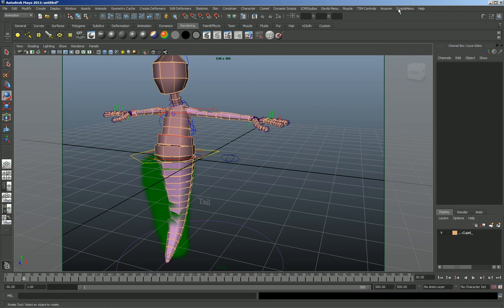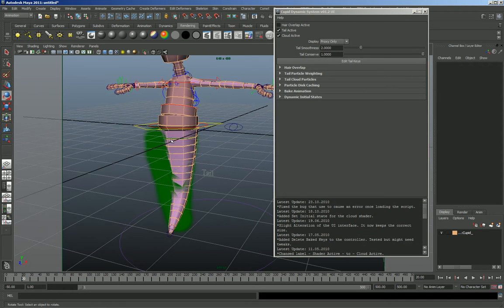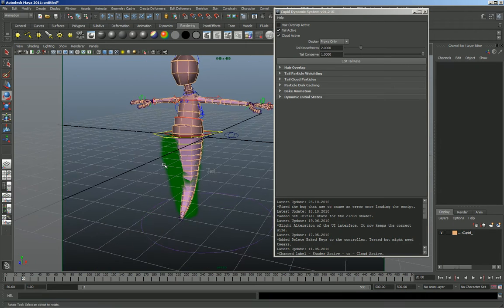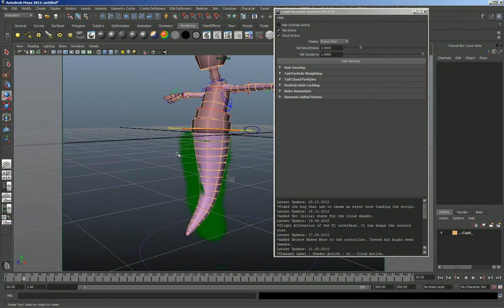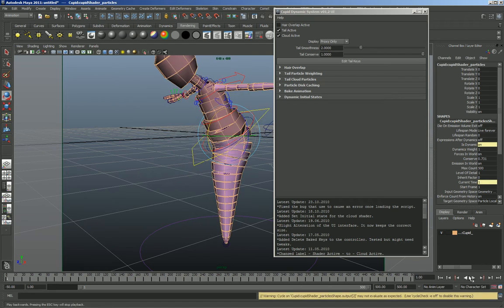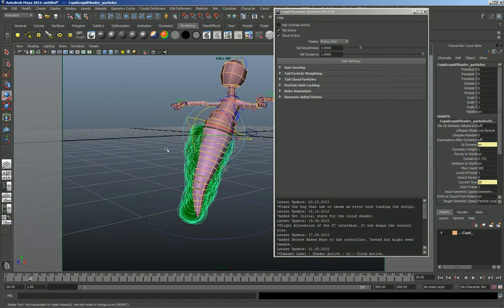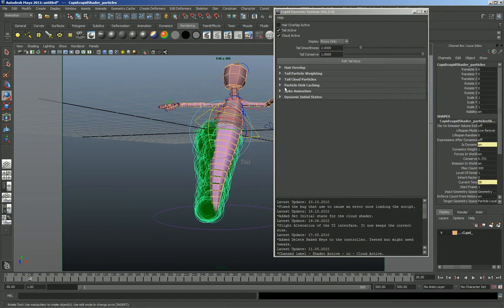Okay, hello. Basically, this is this video here. This movement down here is more the animation as opposed to the particles. So you need to actually play with the simulation of the particles before, so that you're happy with the movement. Because at the moment, basically what I've done here, other than not set an initial state, is